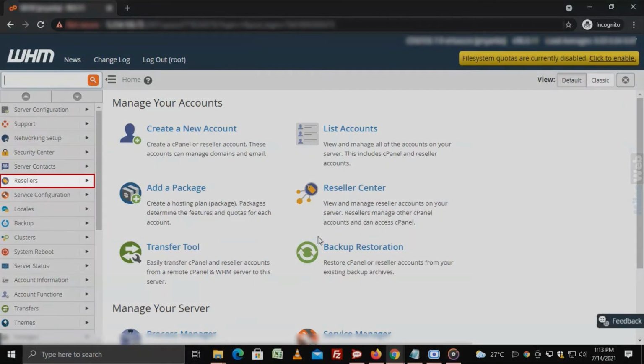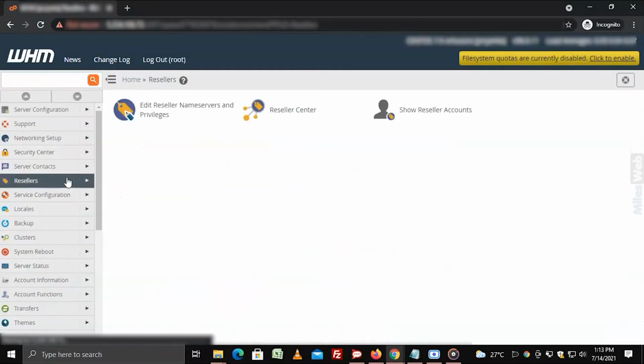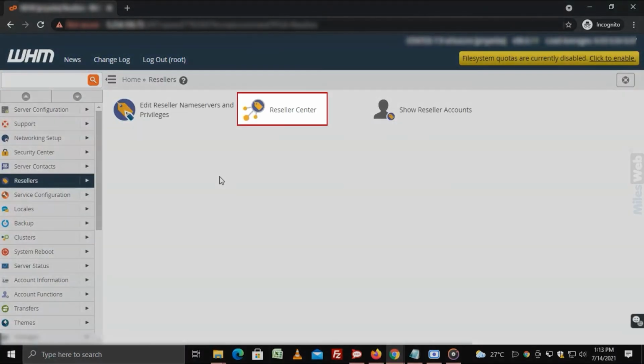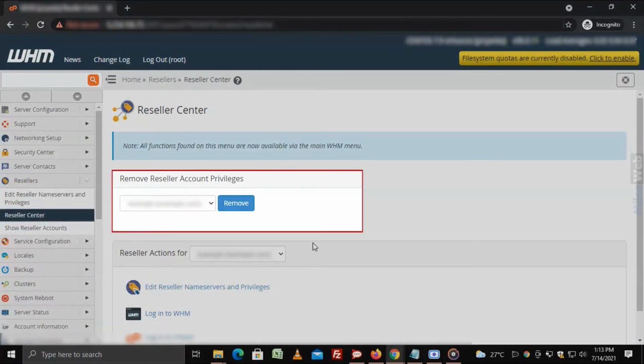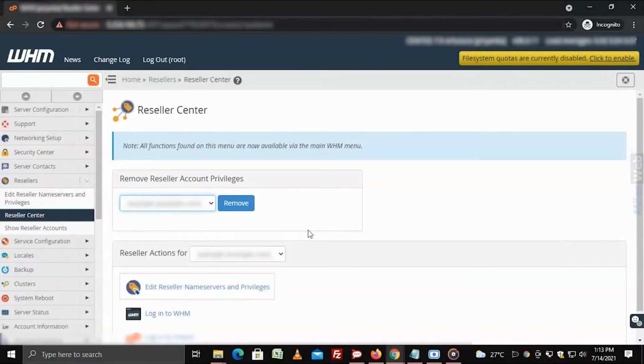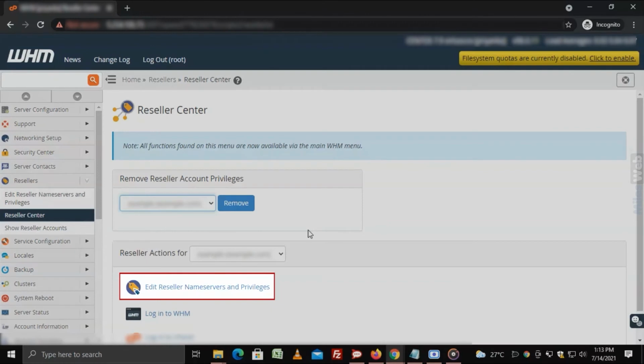Select the Resellers option from the navigation menu. Click on Reseller Center. Select the reseller account from the drop-down list to define its privileges. Click on the Edit Reseller Name Servers and Privileges option.